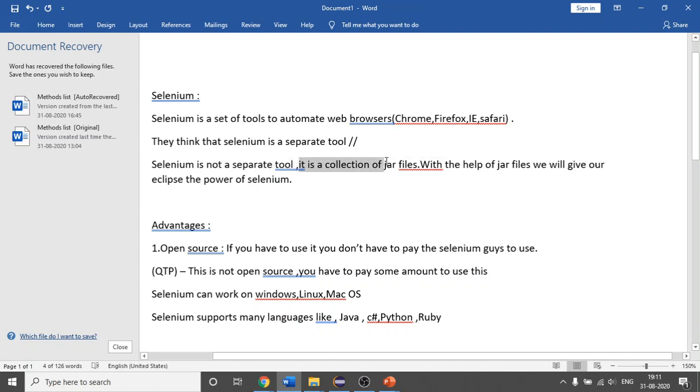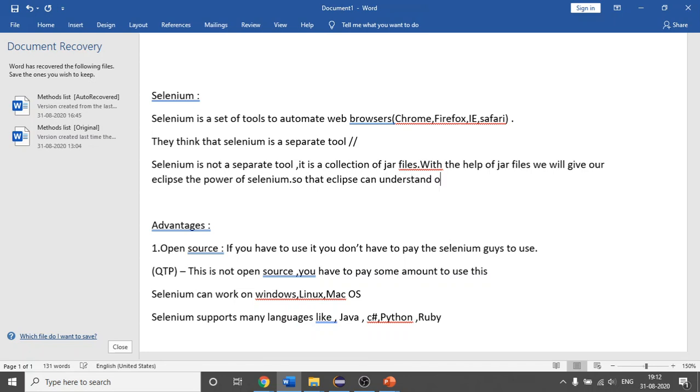It is a collection of jar files, and with the help of jar files, we will give our Eclipse the power of Selenium, so that Eclipse can understand our Selenium test cases.